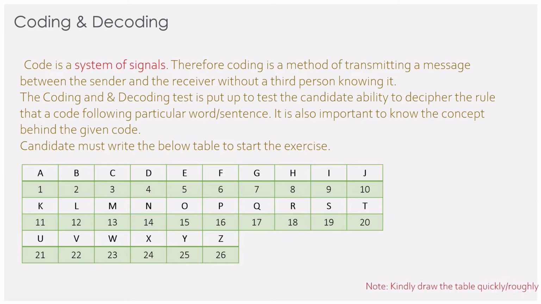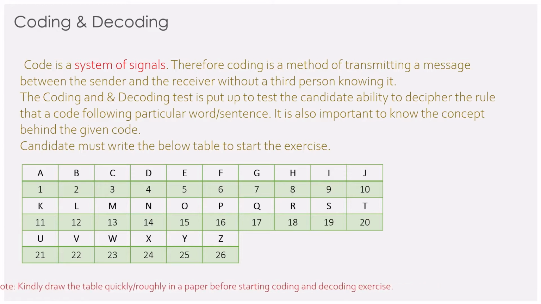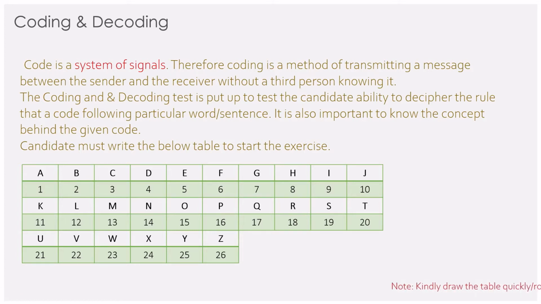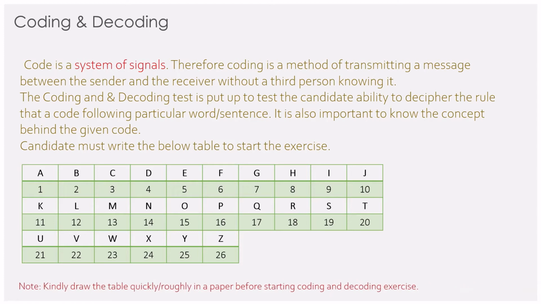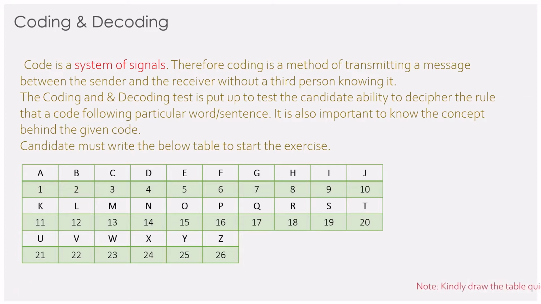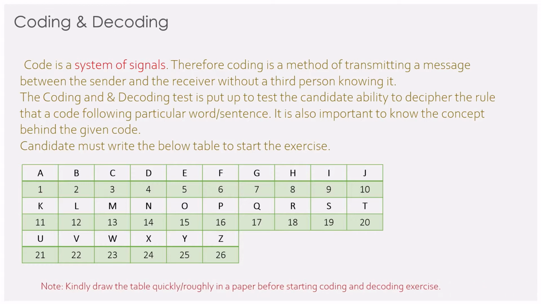Or otherwise, for now, just don't write 1 2 3 4, because for type 1, we'll be just coding from letters to letters. After that, we'll go to numbers, okay, from starting to ending. So now we are only going to code from letters to letters. So just write A to Z. I know writing A to Z is foolishness, but you will see in the upcoming page.